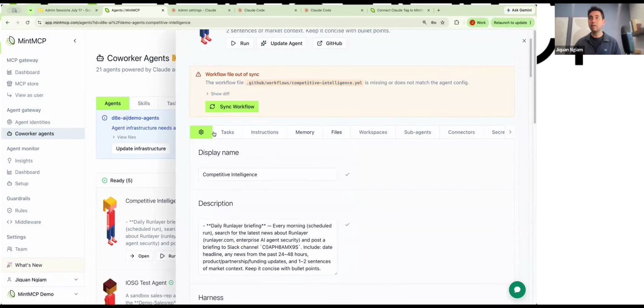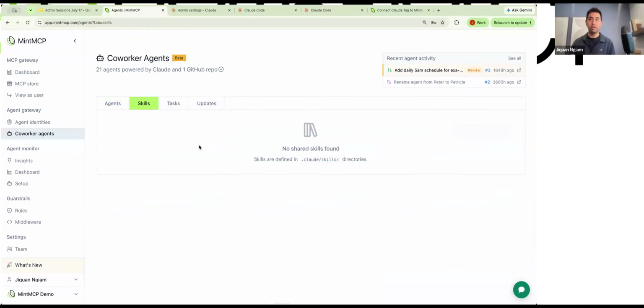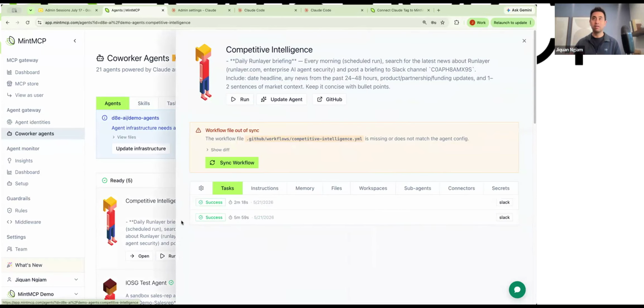So, skills here are shared across all the different agents. In this particular repo that I'm demoing in, apparently there's no skills found, but they are shared across all the agents inside the GitHub organization here. Yeah, so this particular agent does share the skills with everyone else. And the second one, I think, is that the memory of the agents is something that you own, in this case, in the Git repo. So you have a lot of control over how that looks.